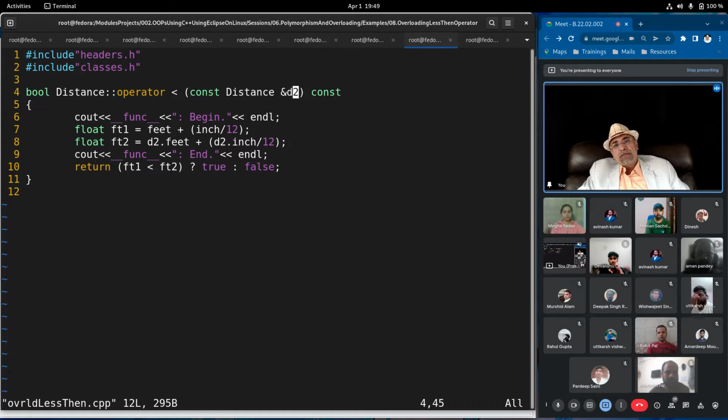It is not a pointer which contains an address of a particular object, or address of a variable in the private section of the object. It is a reference to the object. It is a third entity. D2 is not a pointer. And look at this. If D2 had been a pointer, I would have referred to feet using the arrow operator. Because the rule is, if you have a pointer on the left hand side, this will be arrow. Instead of this D2, you can give it another name. Another name also may be D.